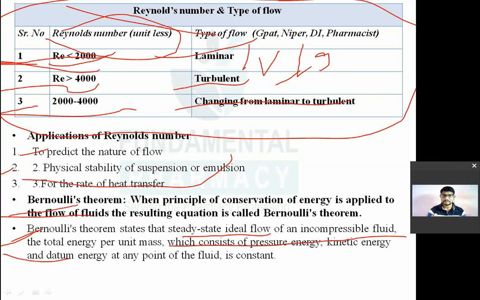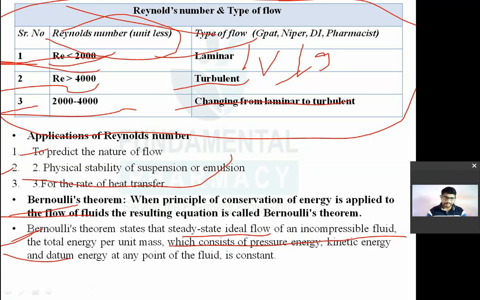Bernoulli's theorem states that for a steady state ideal flow of an incompressible fluid, the total energy per unit mass, which consists of pressure energy, kinetic energy and datum energy at any point of fluid, will remain constant. That is Bernoulli's theorem. So ये statement याद रखो. इसके accordingly क्या है कि incompressible